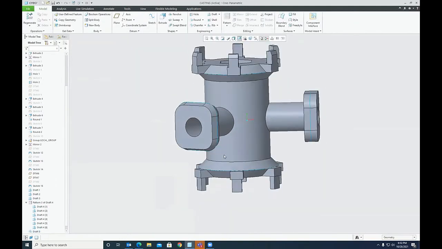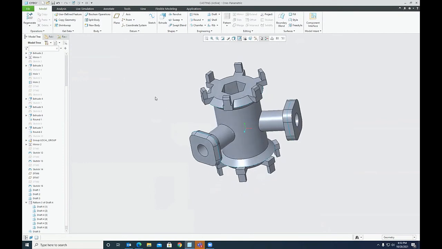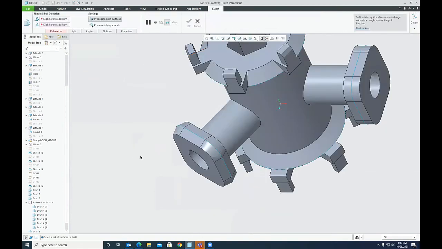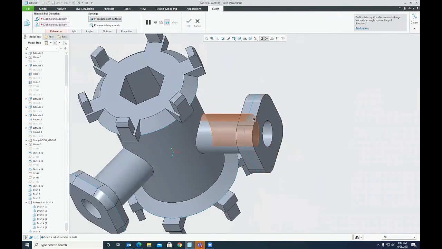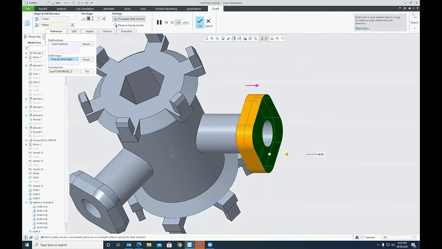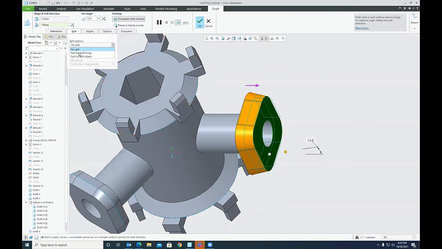Then similarly, there would be a draft over here for the intent surfaces. Then hinge would be this thing. Pull direction is this. This is say 12 degree. Again splitting.